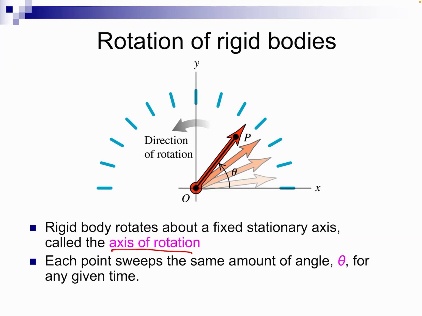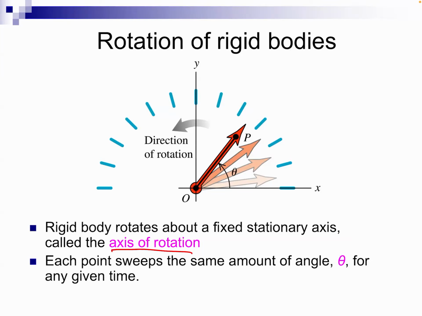So here I put a string as a guide for the eye. If we use the string as the reference, then if we rotate this rigid object, note how each point along the string will sweep the same angle theta as this rigid object rotates. And because of this